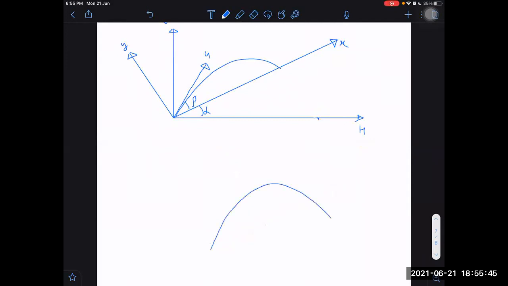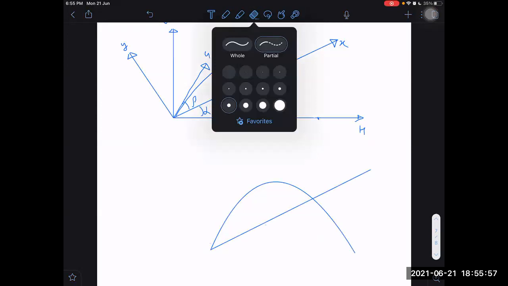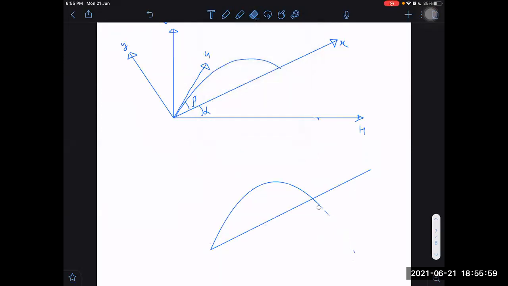So how will the graph be? The graph will always be like this. The path followed will always be like this only. It doesn't matter that you put an obstacle in between and end the path abruptly. Whenever you have to make the path followed by this projectile, keep it in mind: make the path first up to the ground, and then remove this portion. Then your shape will be perfect. Some students will make the path like this, which is completely wrong. Don't do that. It will not be symmetric about this axis. You understood? Yes, sir.